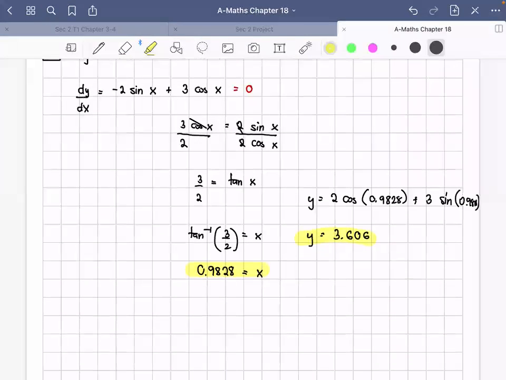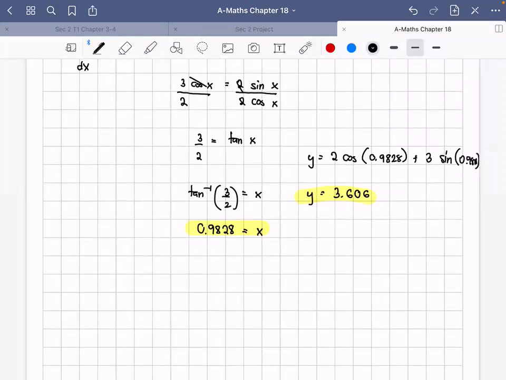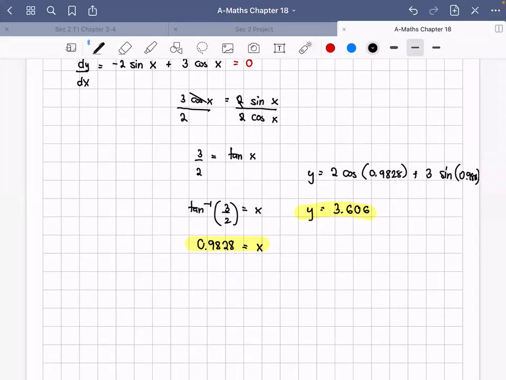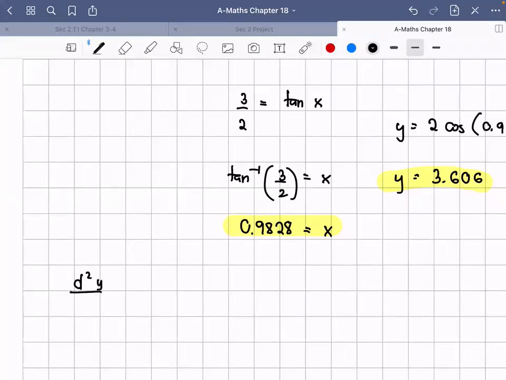And now, what's next? How do we tell if it's a maximum or minimum point? We get the second derivative. So for my second derivative, it's equal to